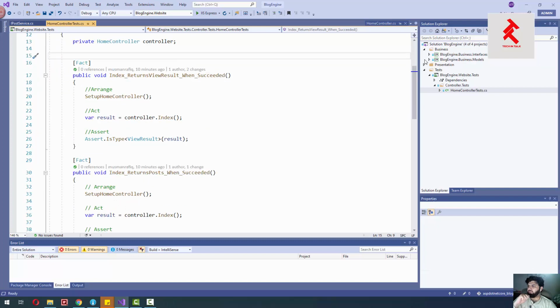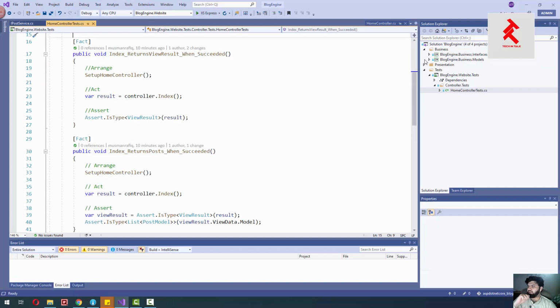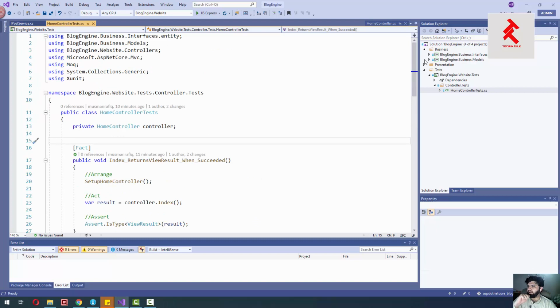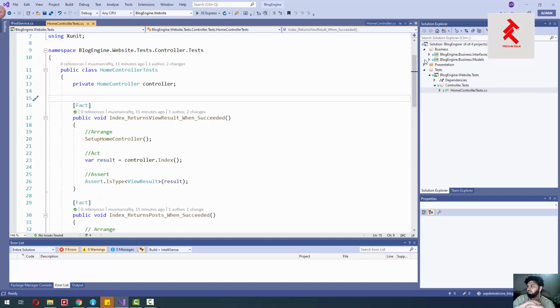I think it is the responsibility of developers to write unit tests and manage them, because as the project grows, it is very difficult to manage even a minor change.